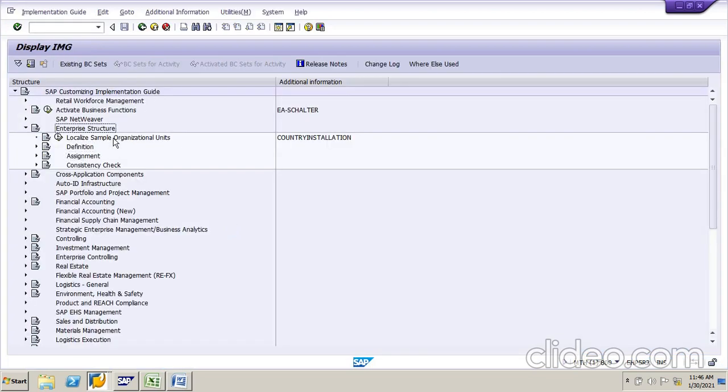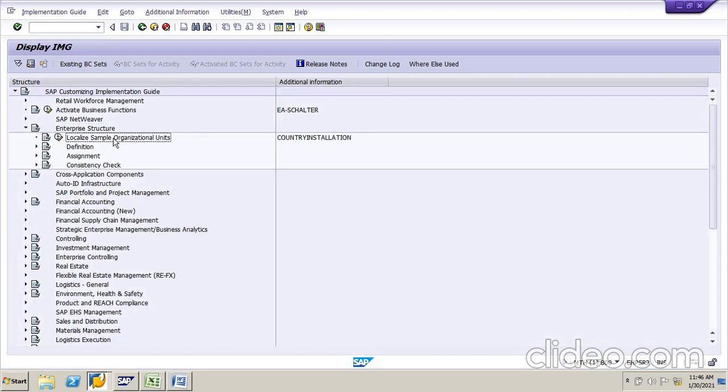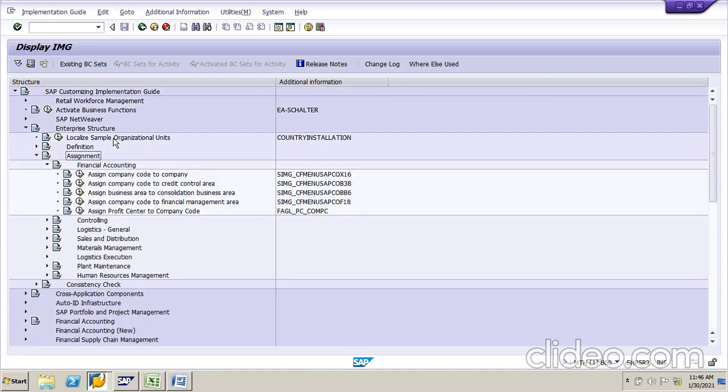So same path only. All we are going to do this in enterprise structure. Enterprise structure, definition means we have to create. Assignment means we have to assign. Assignment, financial accounting, assign company code to company.